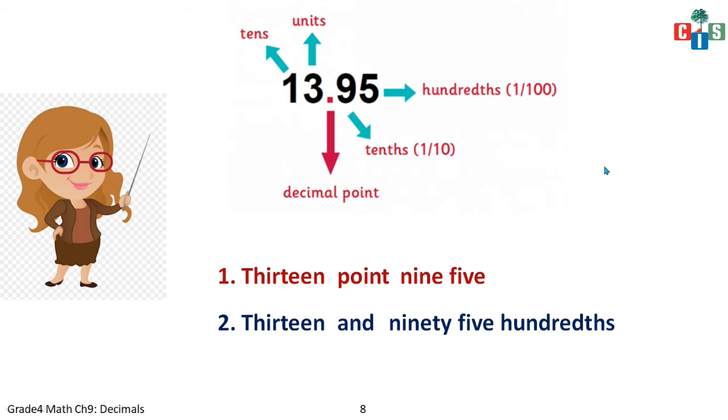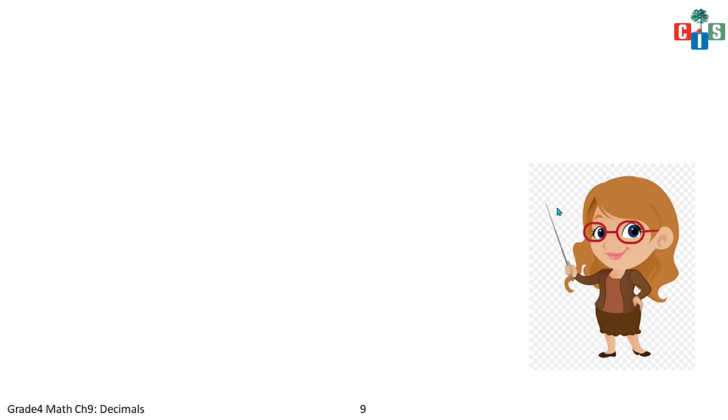Now, if you remember kids, if the number is 783, you will not read it as 783 name. Remember that "and" is for the decimal point. If you remember, in the first chapter, when I taught you place value, place value of larger numbers, I told you not to write "and" anywhere when you are having the number names. And "and" is used for what? For the decimal point. Clear with it? Fine. Let's take another example.